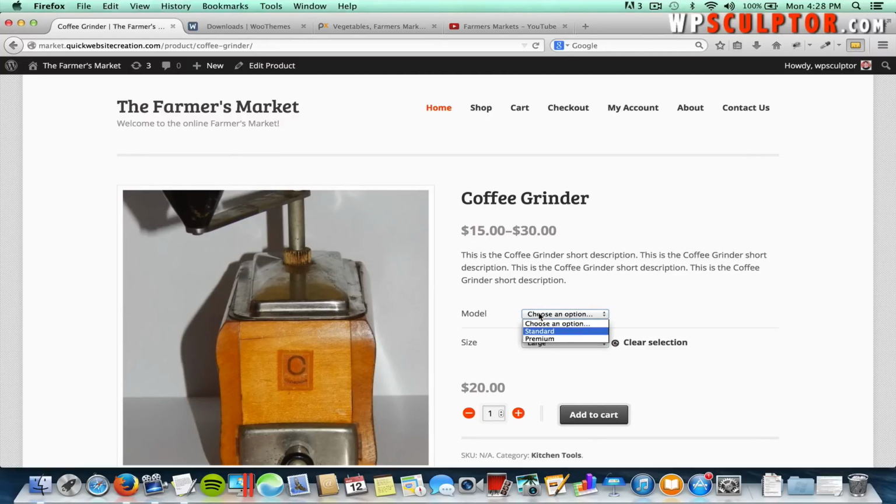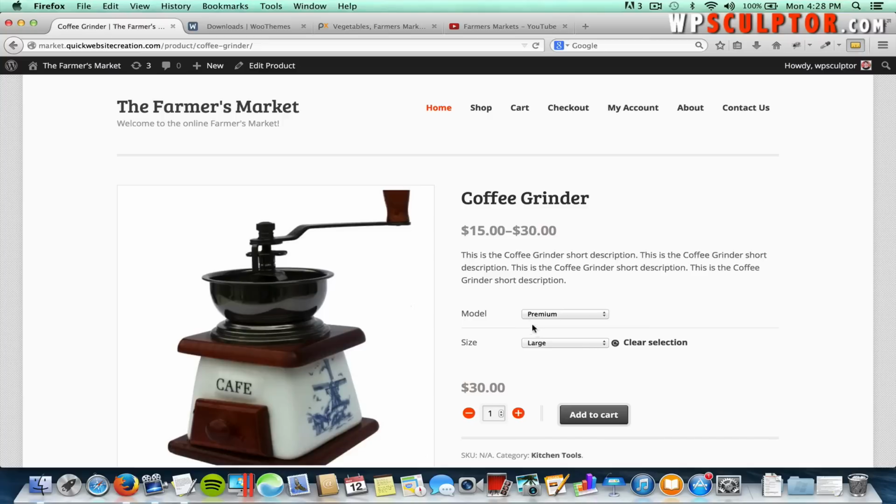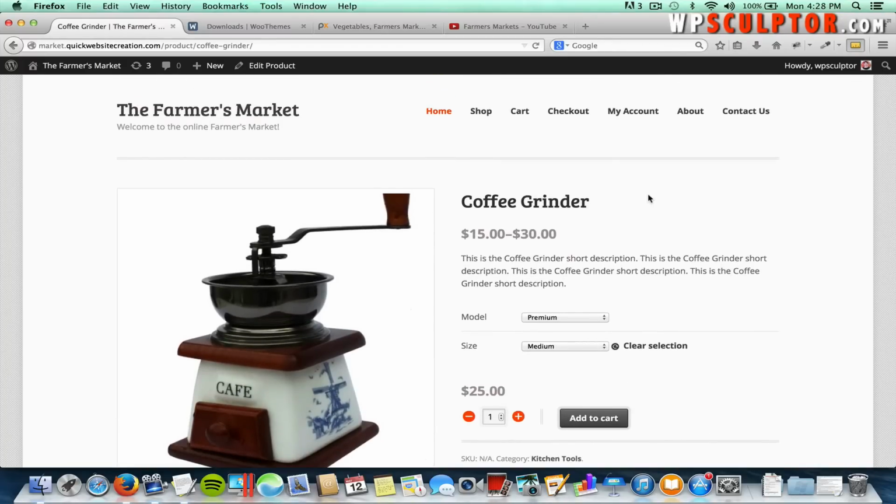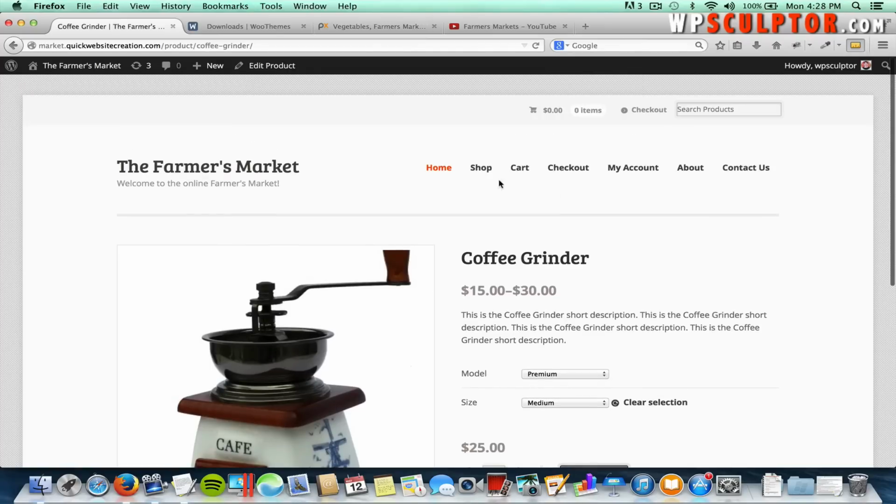And then if we choose to have the premium, we've got the premium large with the premium image and the price has changed. And if we change the large to the medium, the price will drop to the price for the premium medium model. So that's a great feature that the WooCommerce plugin allows you to incorporate into your e-commerce functionality. Alright, the next thing we'll do is set up our navigation menus, and I mentioned earlier in the video